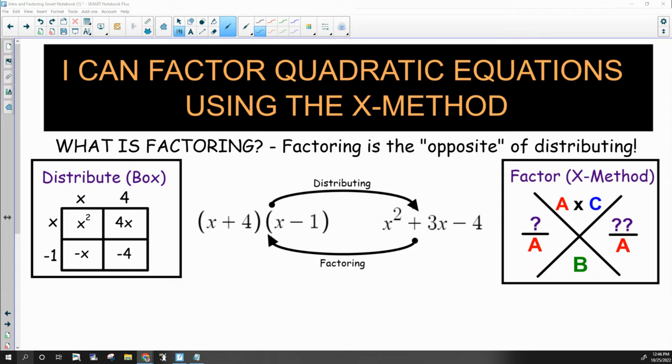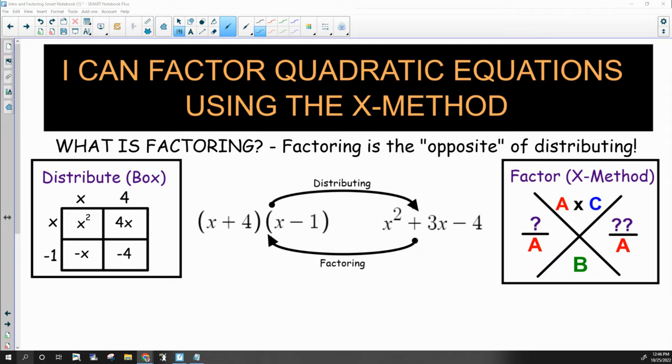It undoes the distributive property. So we would start with our quadratic. Factoring gets us back to the beginning of distributing. It's just the opposite. Factoring is how we undo distributing, and why it is so useful is that in math,